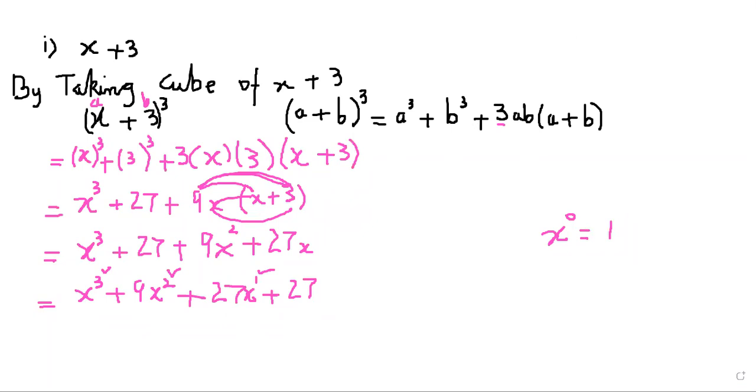The next question is x square plus 2x 2y, or a plus 4b. Second one is a plus 4b. First of all, by taking cube,